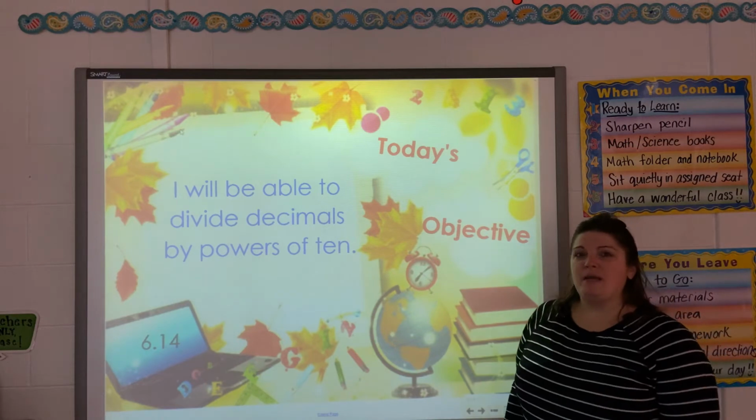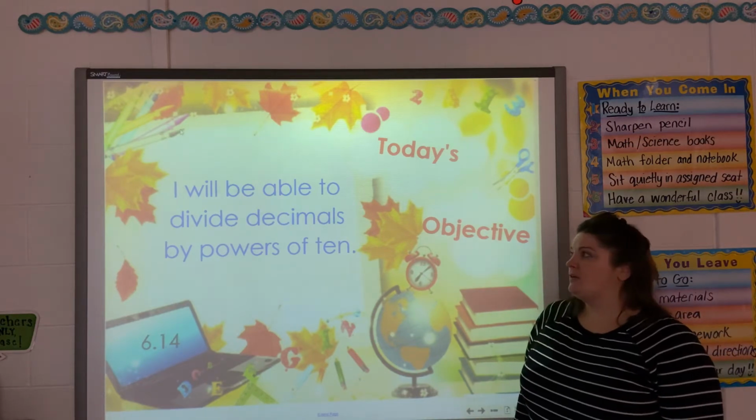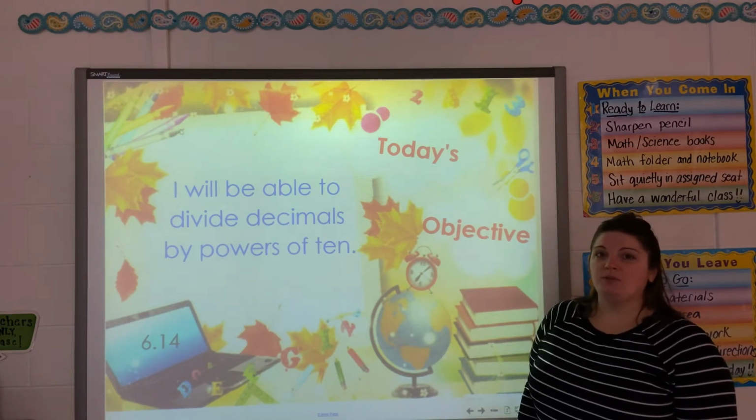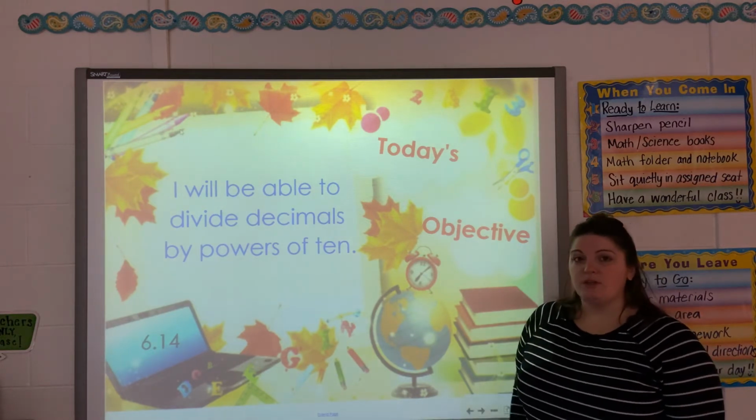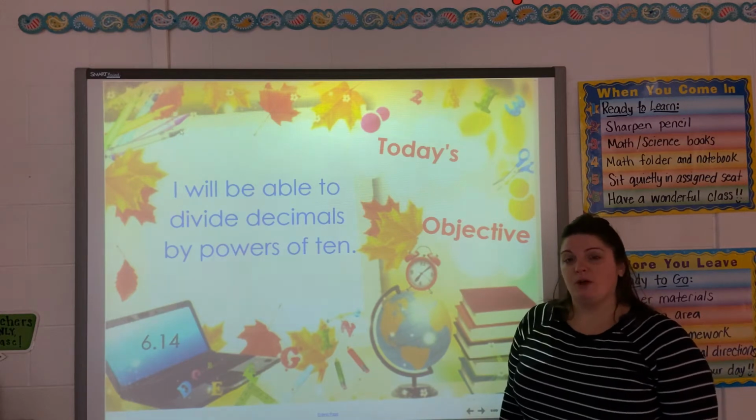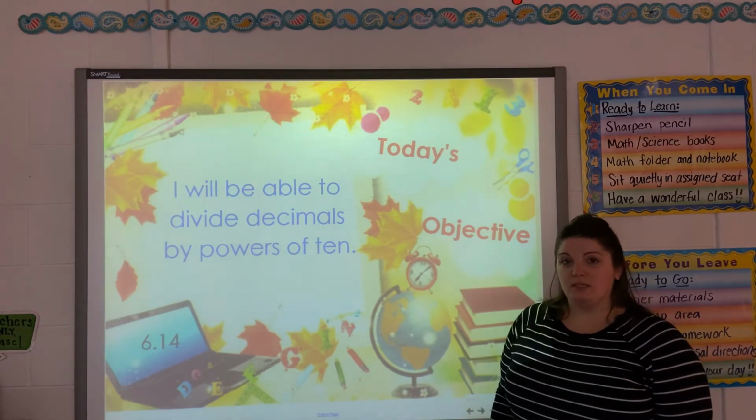Today we're looking at My Math Lesson 6.14. Our objective today: I will be able to divide decimals by powers of 10. We've actually done a lesson very similar to this a few days ago, where we multiplied decimals by powers of